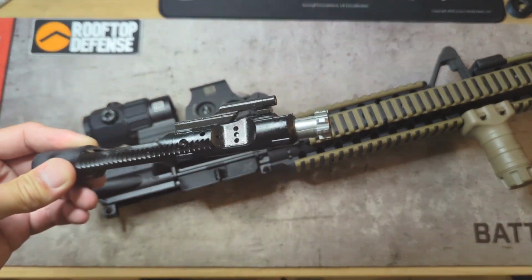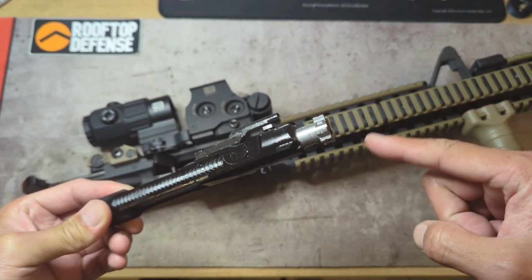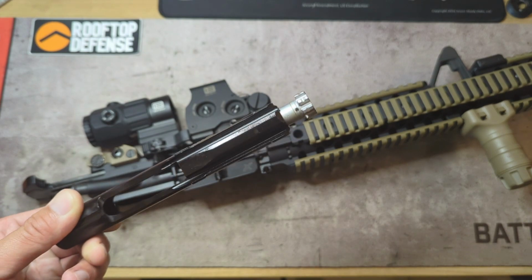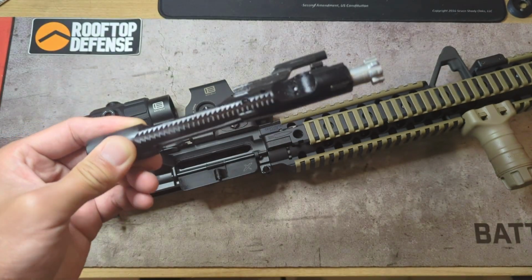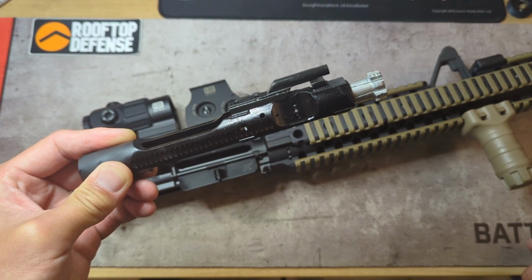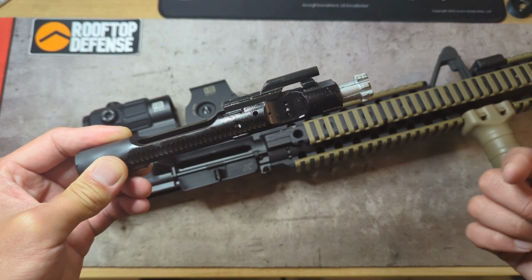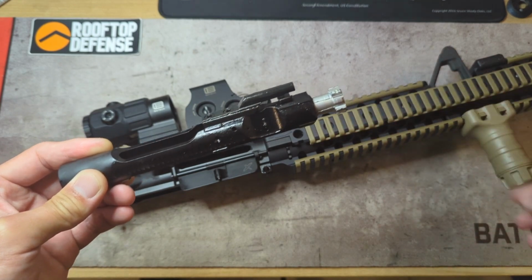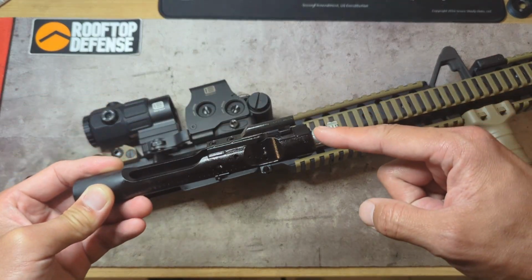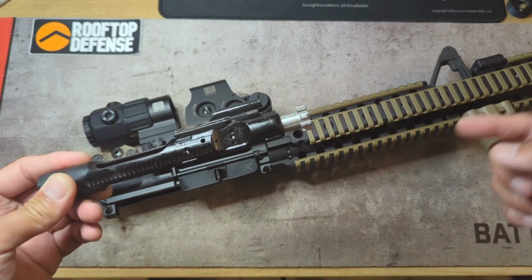So, the enhanced bolt carrier group, or let me go back, say the bolt itself is the thing that's very much coveted. But the whole thing with the enhanced carrier group, which adds a third gas hole here for venting gases out of the side instead of in the shooter's face, coming back through where the back of the receiver, the charging handle goes, does have a different path for the cam pin, so it stays locked